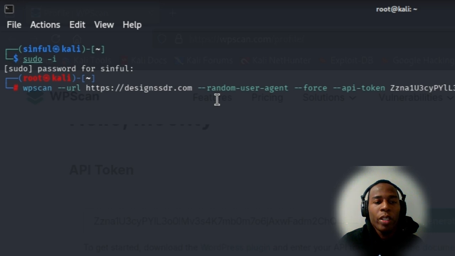Since I'm using a desktop computer or a laptop computer, I could send a random user agent, make it believe that this website is being accessed by an Android, running a certain Android version, and running Chrome. You can also just have the website accessed by Safari on iPhone or iPad, or